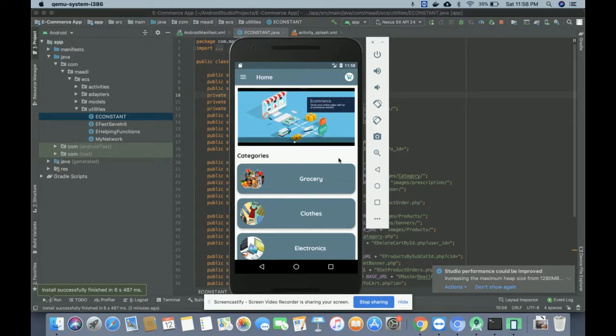So this is the technology stack. For PHP, I'm using PHP version 7, and the MySQL version is 5.6. We have used Android for developing the customer-based Android application, PHP for API development and also for the admin web app development, and for the database we have used MySQL, right? So all these technology stacks we have used for developing this project.